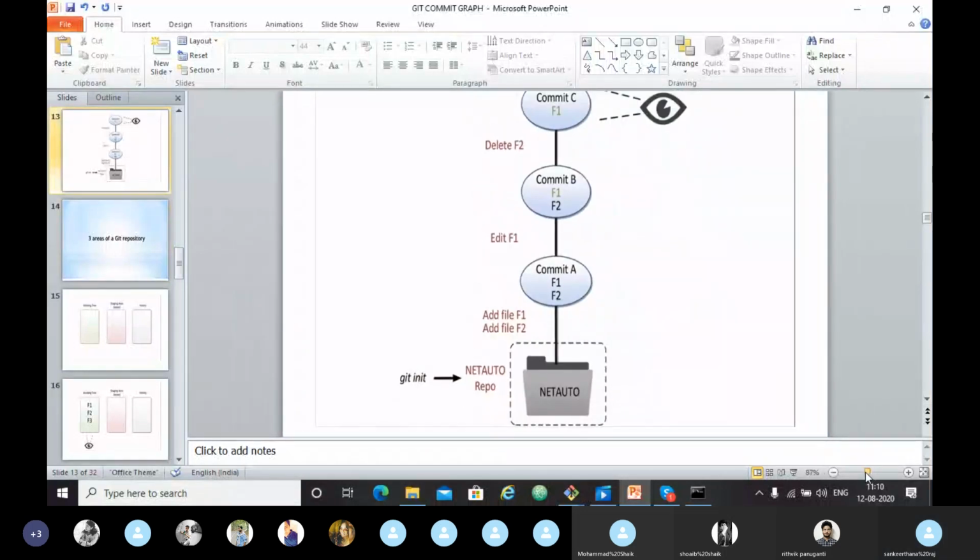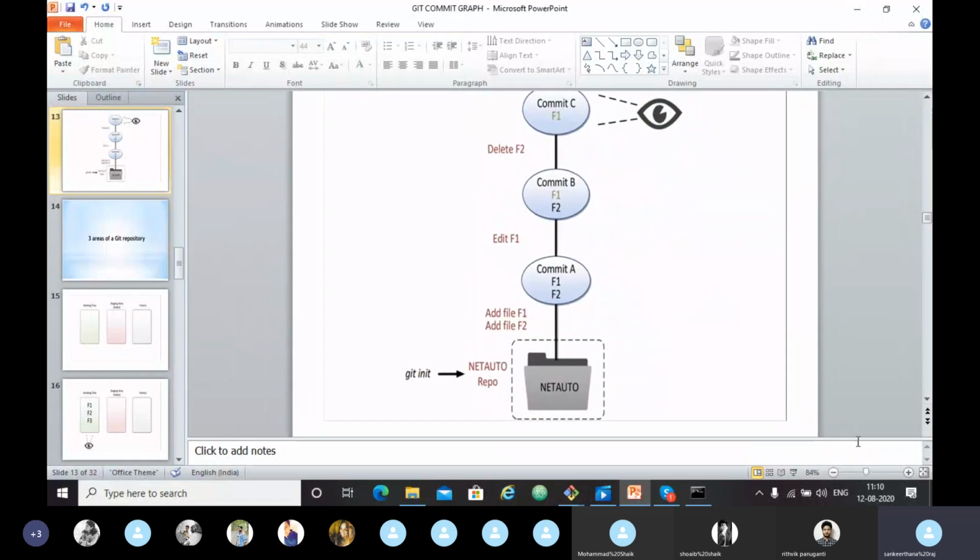After this, F1 is in its updated state, the same as in our second commit. We have not changed it again, so it stays the same as in the second commit. But the first commit's files are different from these two. We have modified F1, and here we have deleted F2, meaning we don't have file F2 in our third commit. But if you want the F2 file again, you can just come back to the earlier commit and retrieve it whenever you want. No problem.